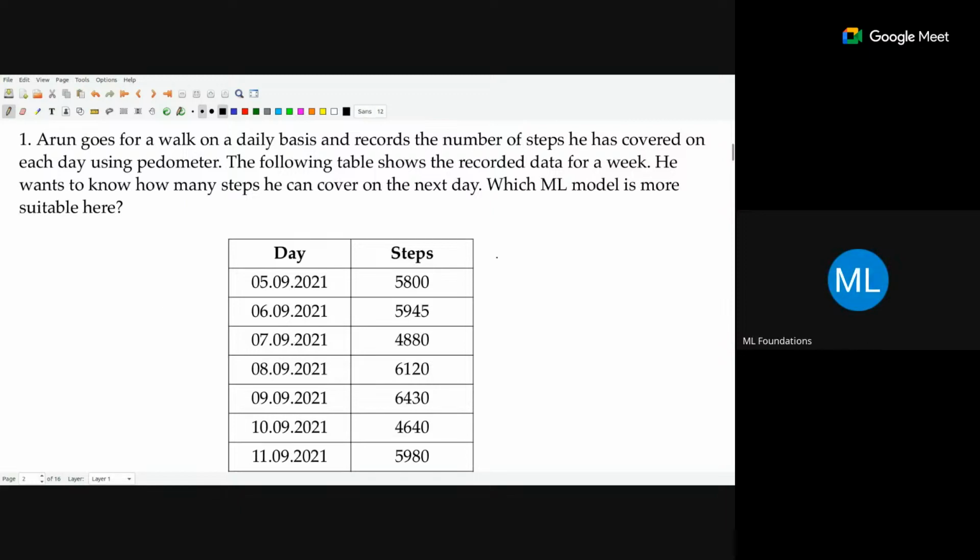Okay. So many of you said it's regression. Those who have answered regression, why can this particular scenario be fit into a regression model? Because it is giving us a numerical value. Because you have to predict something numerically. Yes, right. So regression models are basically used for predicting data. And in that, if your outcomes or outputs are real,